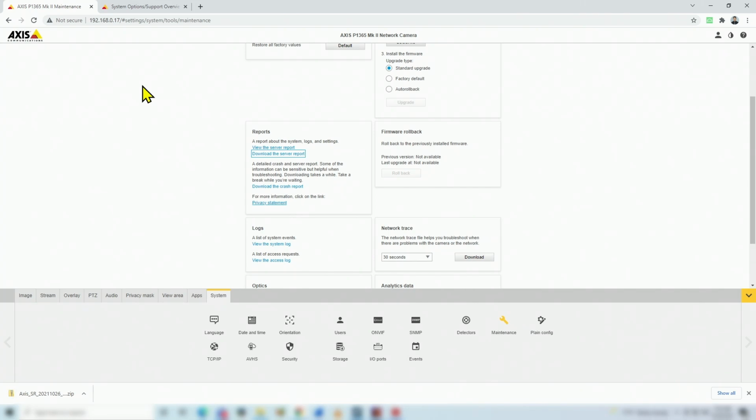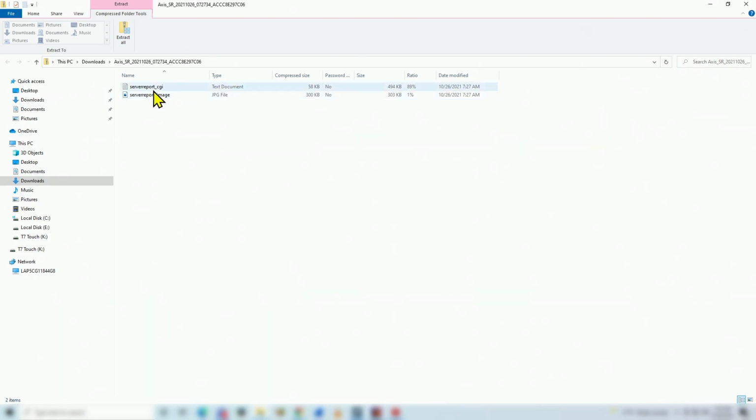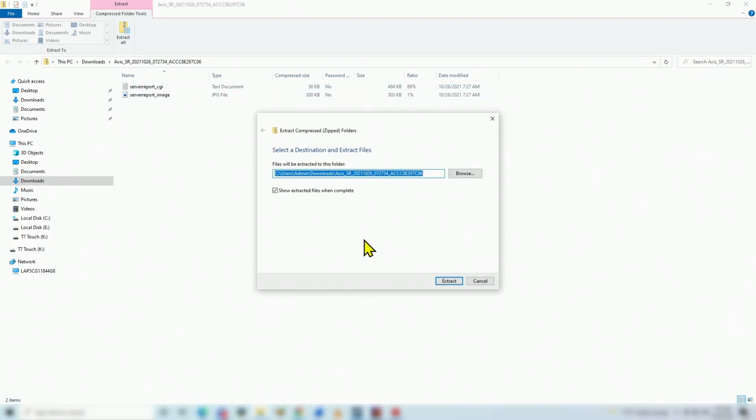Let me do this with this camera, the P1365 Mark II. So you just need to wait a little bit because it takes a while. The camera is running some scripts, getting information, and then it's going to download this information, and you can read it. And here we go. It takes a while, and then you download it, and then you just come here to open it up. Here we go. You can extract your folder,